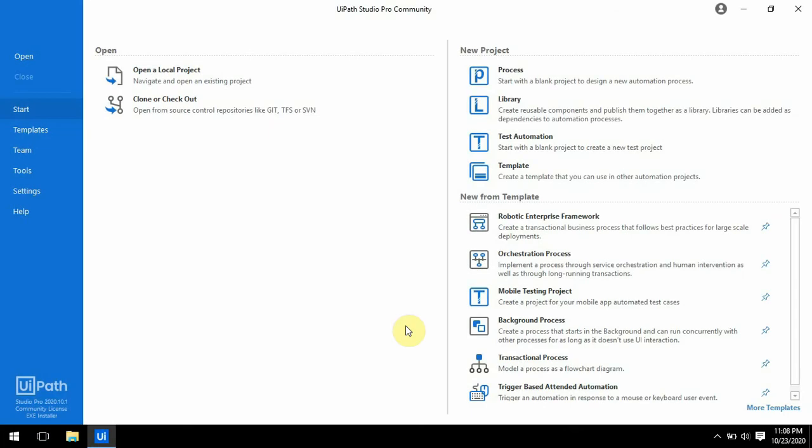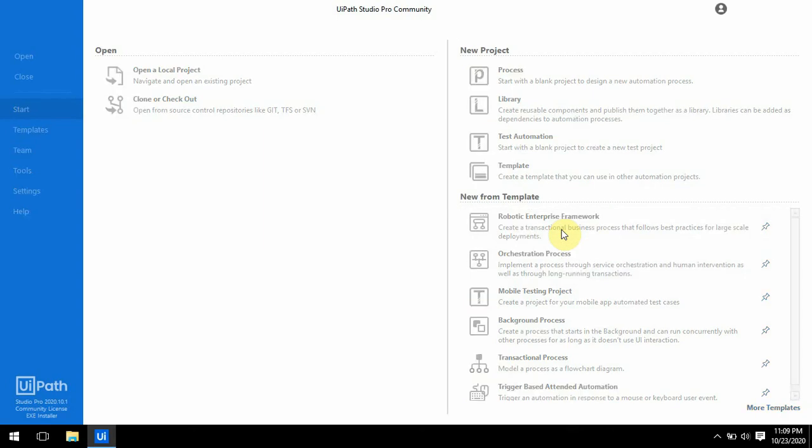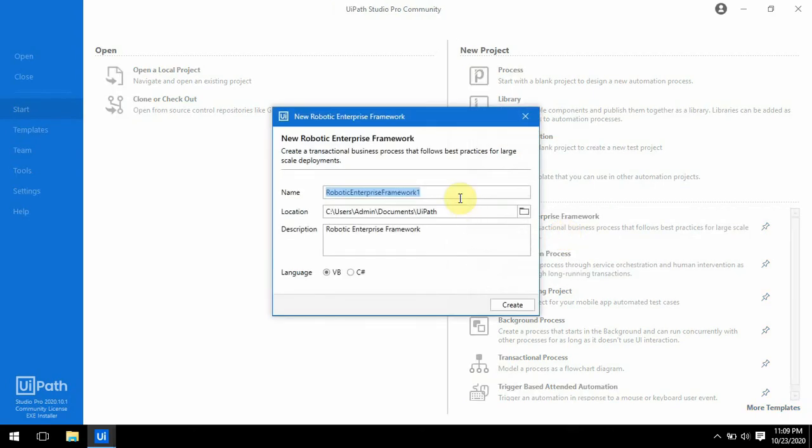So let's start with the creation of the project. Just click on Robotic Enterprise Framework. Write the name of our project: REFramework without Queue, and we are using Excel.